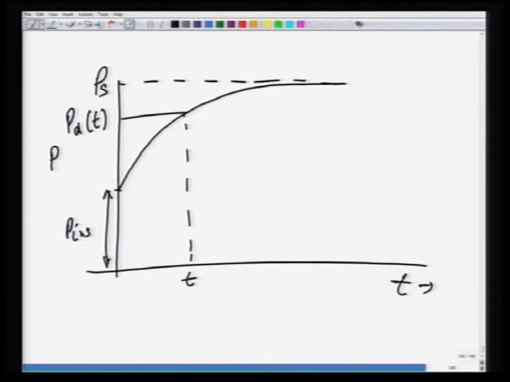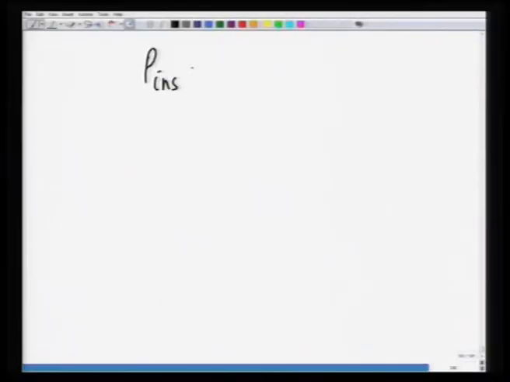Since the ionic and electronic polarization develop almost instantaneously, the sum of these, P instantaneous, is equal to Pi plus Pe, and this we often write as P infinity. As long as the applied frequency is below 10 to the power 13 hertz, both of these polarizations develop almost instantaneously, and normally for dipolar polarization we are operating at frequencies below 10 to the power 6 hertz. As a result, these two polarization mechanisms are automatically built in.